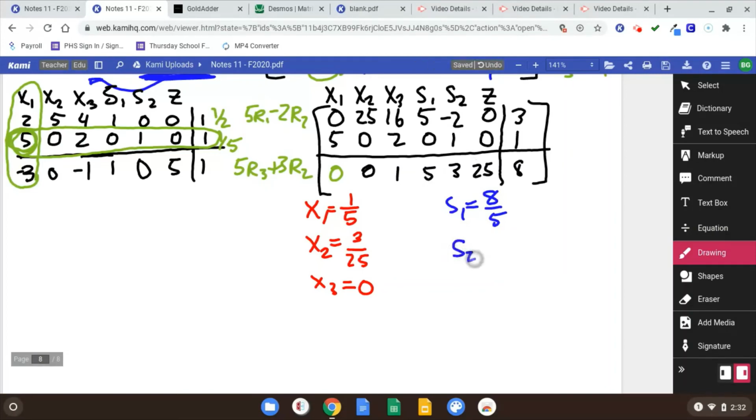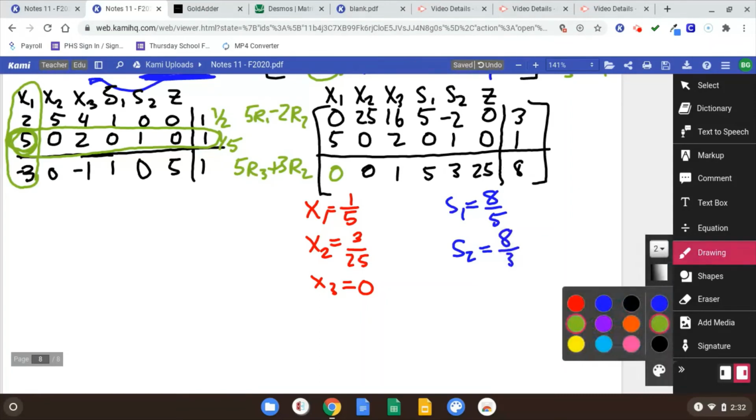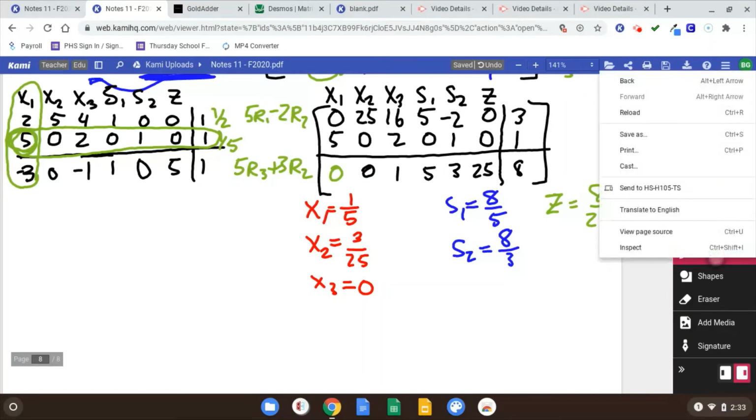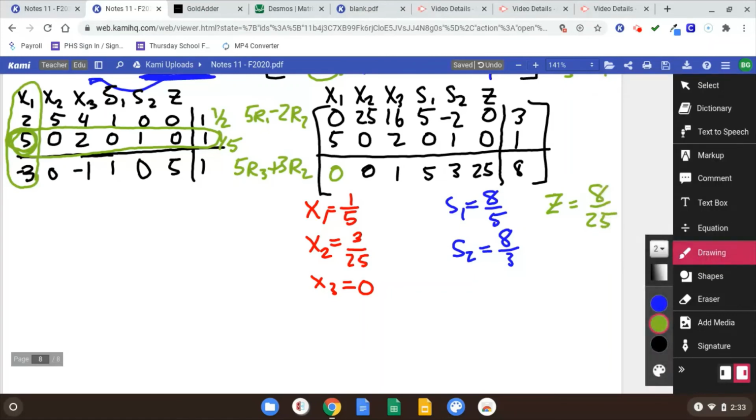And S2, same thing. I don't really care about these other numbers. I care about this 3. We're looking at 8 over 3. And then your Z number here is 8 over 25. Like so. Okay? So those would have been my solutions back in Simplex Method. Now we have to be able to convert those and read what the strategies are. Okay? So the row strategy, the row player